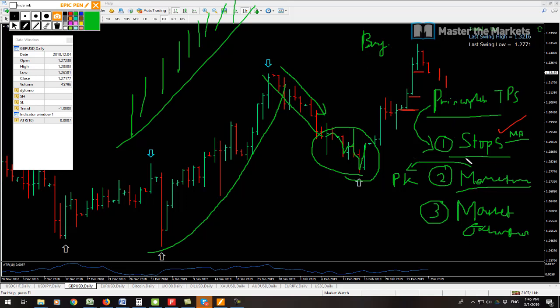These three principles: stops clearing, momentum, and market exhaustion. For the market exhaustion parameters, we use quite a lot of parameters, but one thing you can start to look at is the ATR. If it does a certain amount of ATR, look at it to start turning around. That's what you can be taking a look at. Alright, I think that's pretty much it from me on the topic.